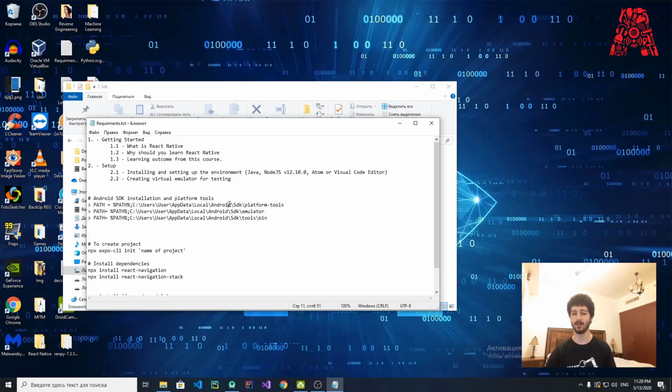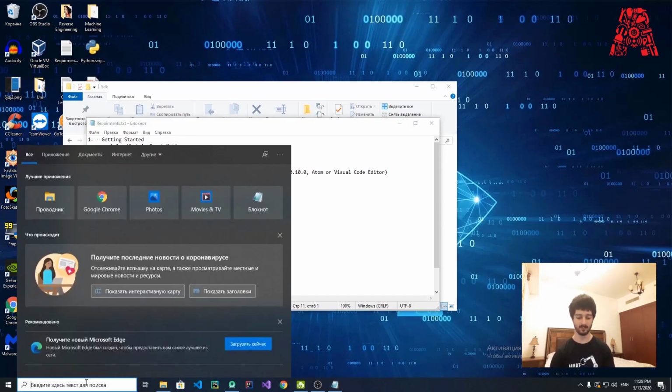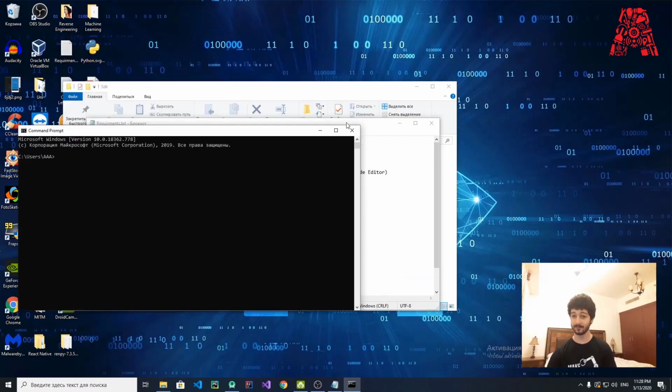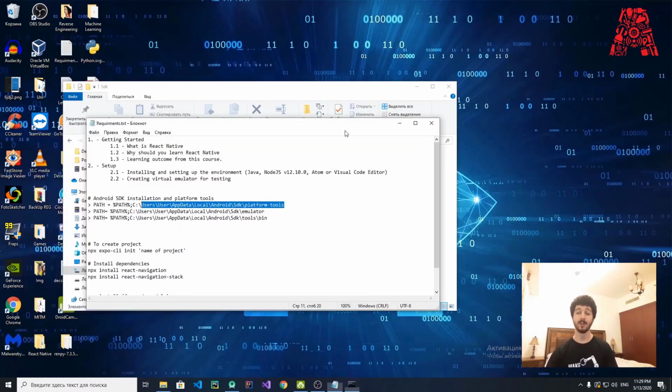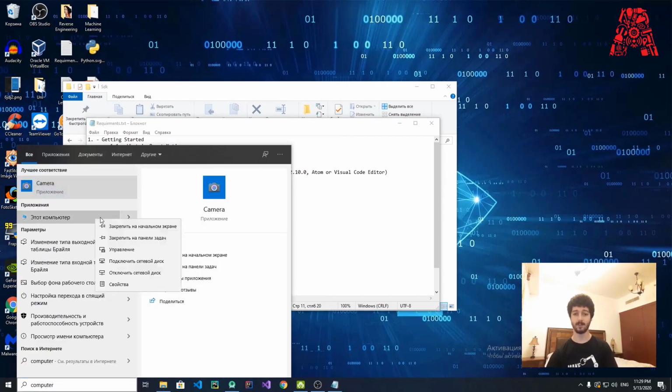It's app data local Android SDK platform tools. The only thing you have to change is this part. See on which letter of hard drive you're running it, which user you are. Just change it and add this to the path. You can either run these commands one by one, by just going to CMD, copying this one and pasting there, or if you are not comfortable with the command line, you can go to the computer, my computer,